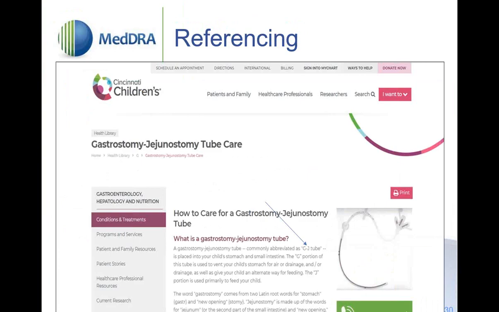So here, I did my homework, I researched, and I found a reference that actually tells me what a GJ tube is. It confirms that it stands for a gastrostomy jejunostomy tube. Okay, and again, this does have to do with feeds, and so the context that I got was correct. So this particular reference confirms for me what that acronym stands for, so I'm a bit more confident in what I thought it stands for.